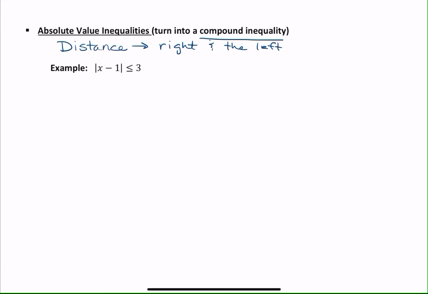So we're going to be coming from the positive direction and the negative direction. So when you write an absolute value as a compound inequality, or if you're asked to solve one, you're going to have the